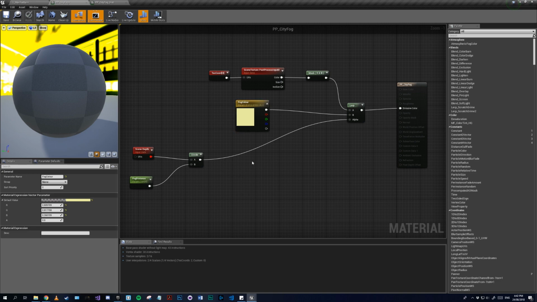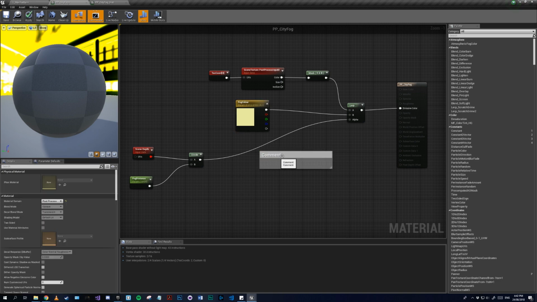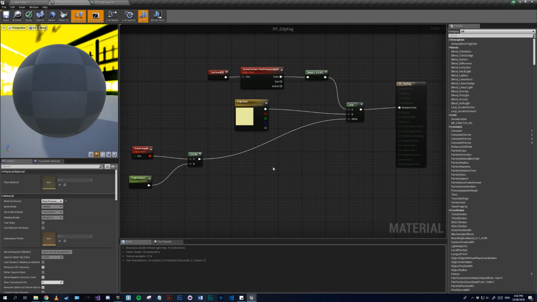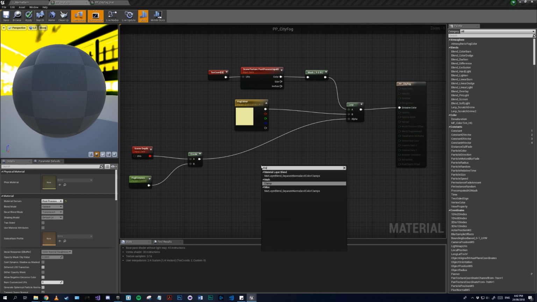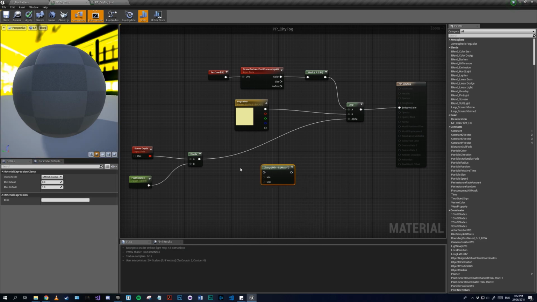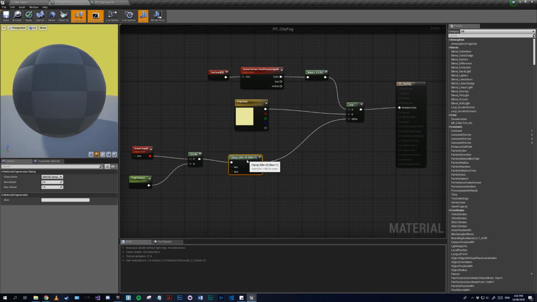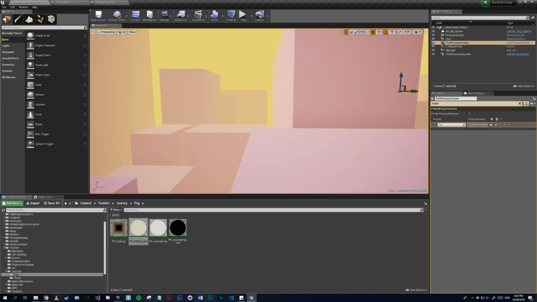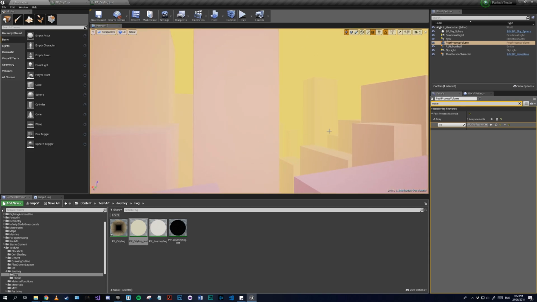So now, if I were to, oops, that was a mistake. If I were to clamp it between 0 and 1, I will have this. Now, as you can see, it's somewhat of the effect I want. However,